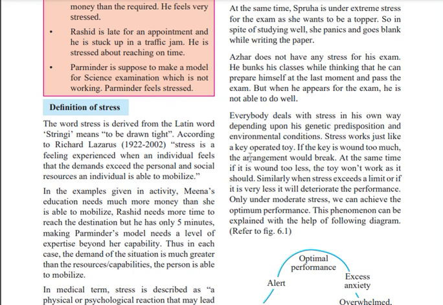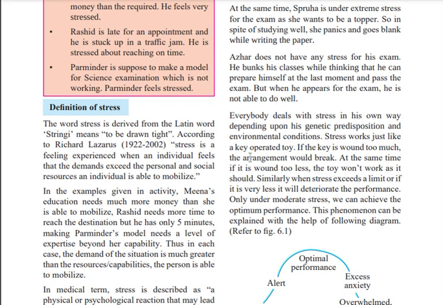According to Richard Lazarus, the word stress is derived from the Latin word. So where did this word come from? It came from the Latin word stringere, and stringere means nothing but to be